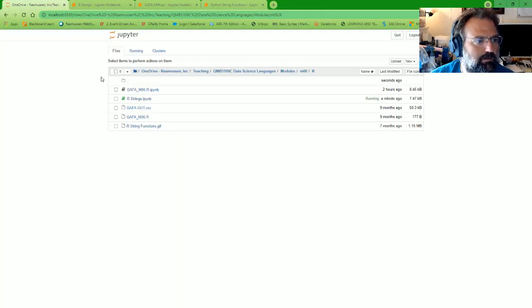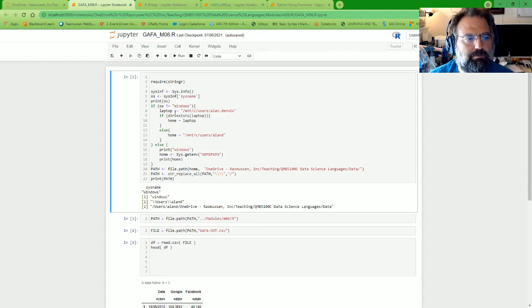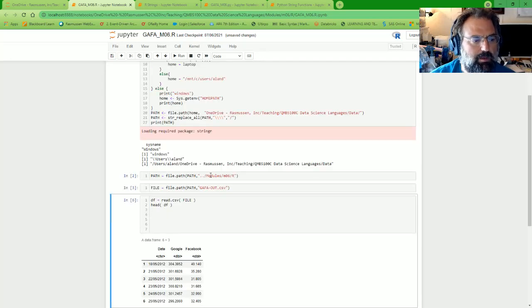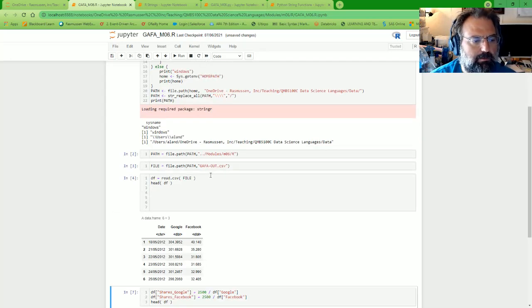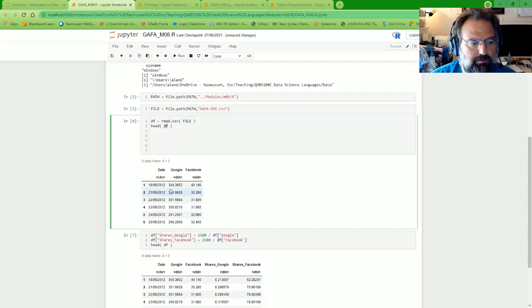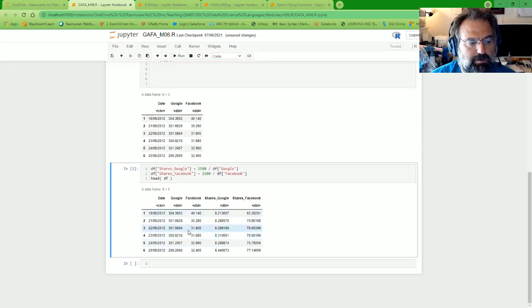Shifting over and taking a quick look at the deliverable notebook, a related string notebook. This is what was supplied to you inside of your course room. Typical stuff here to figure out where my file is, and then I will load the file here. So we've read the file into essentially a data frame, and we can take a look at it and see that it looks pretty much like what we would expect it to. We can also then take that file and calculate the number of shares per stock, and you can see a double out here,